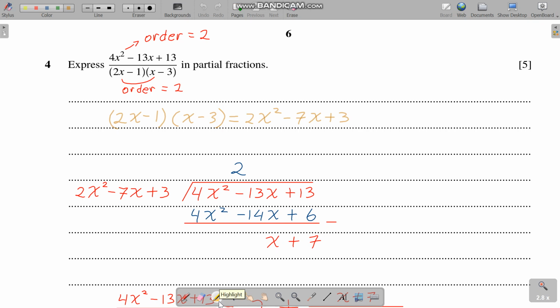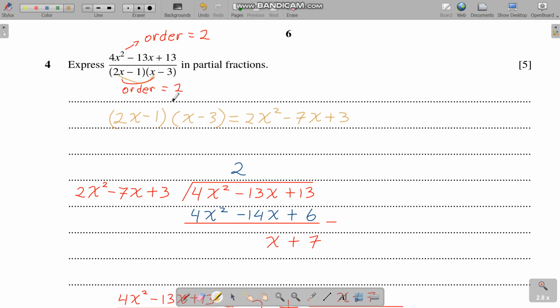Partial fractions. Express in partial fractions. So first of all, we have to check the order of the numerator and denominator. Order means the highest power of x after we expand everything. So the highest power of x here is 2, the order is 2, and the highest power of x after